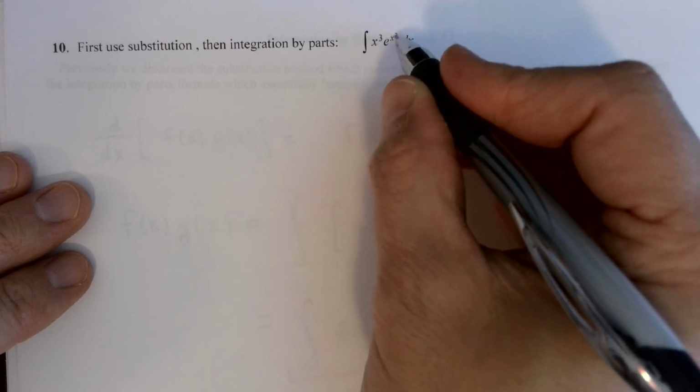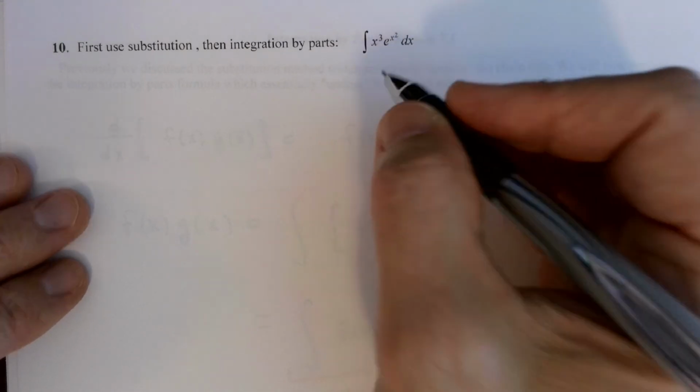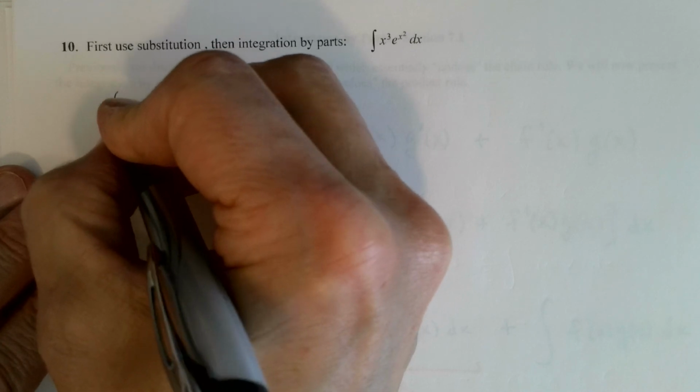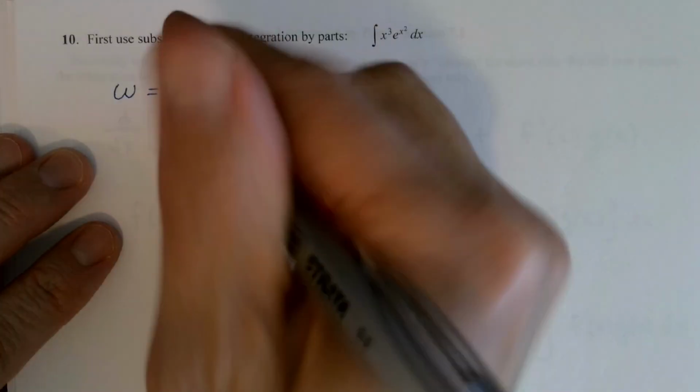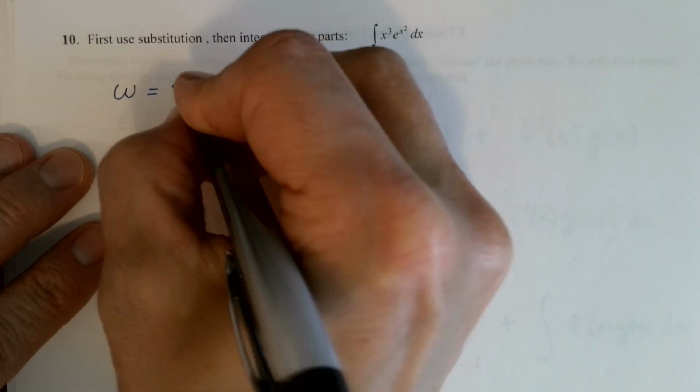The dv would be e to the x squared dx. Well, the antiderivative of e to the x squared, yeah, that's one you're going to have trouble with. You're not going to be able to find an antiderivative for e to the x squared, not as a finite sum of functions that we know. So we've got to do something else, and that is a substitution. I'm going to use w for my substitution because I don't want to choose u. We're going to see we're going to need integration by parts, so I'm going to use a w instead. And I'm going to choose w to be x squared,